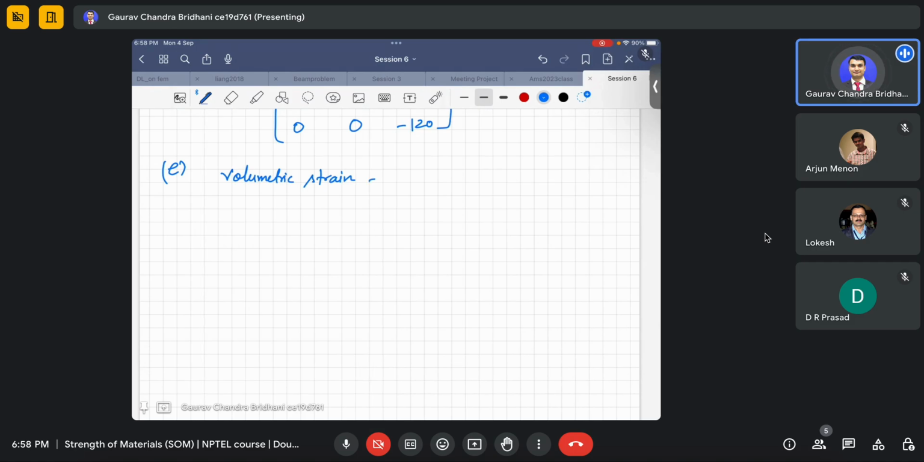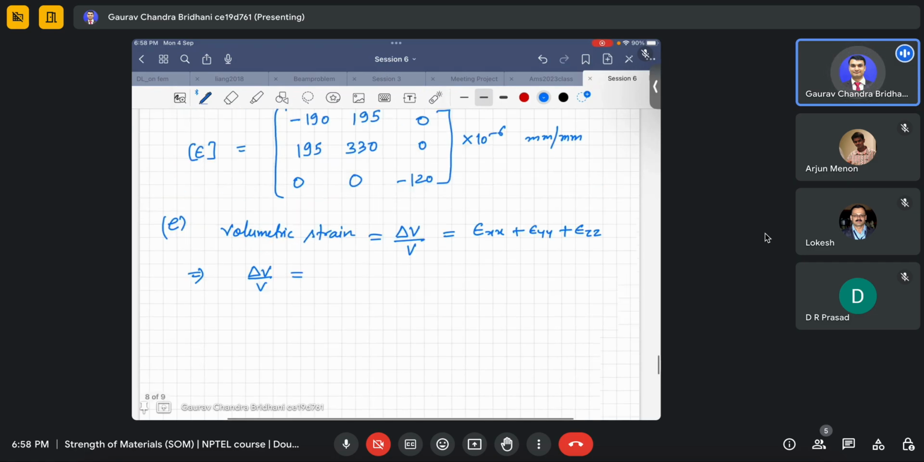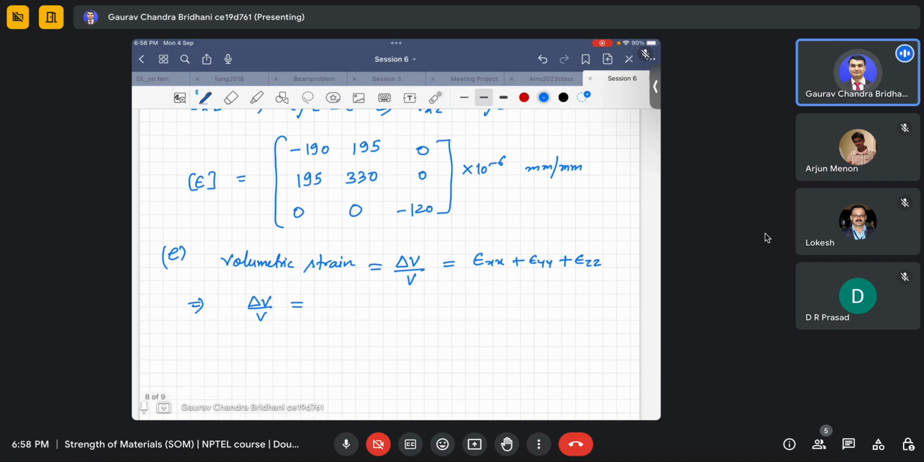Volumetric strain, which represents delta V upon V, is the change in volume upon total volume, and it is nothing but epsilon xx plus epsilon yy plus epsilon zz. This is the volumetric strain. So delta V upon V will be, we already know the value of this. So if we sum it up and see, it will be